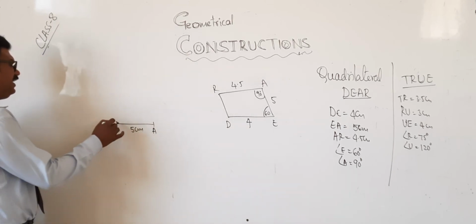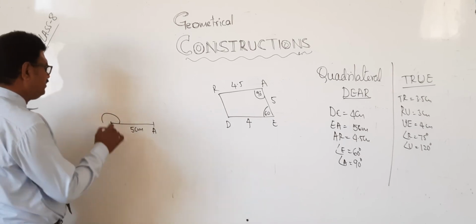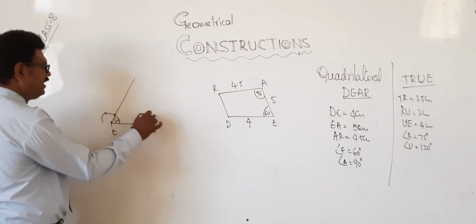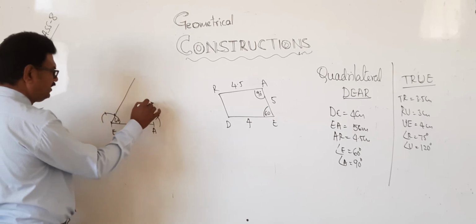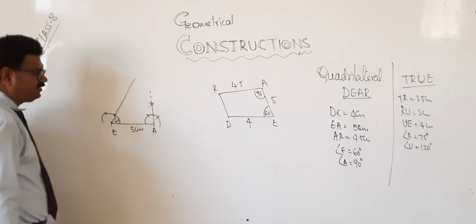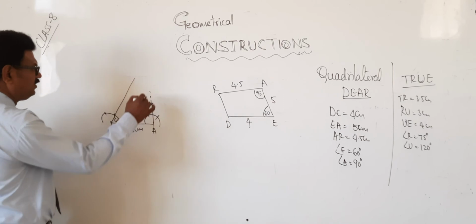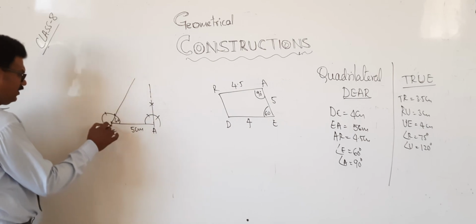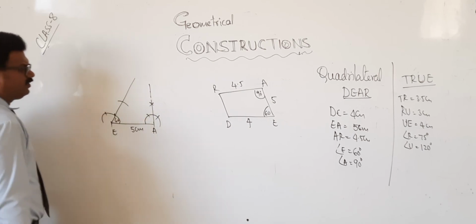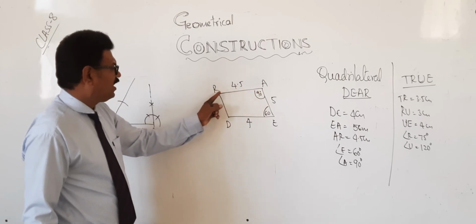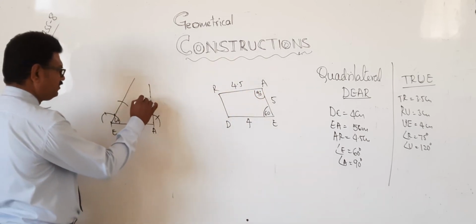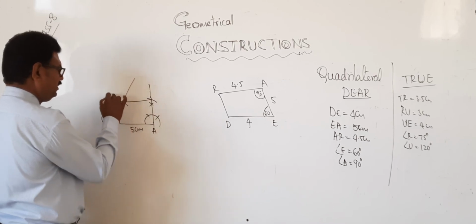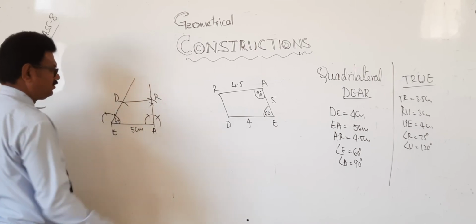Angle A, angle E. Angle E how much is there? 60 degrees. Cut into 3 parts. The first part is nothing but 60 degrees. Now here 90 degrees. Cut like this. This is 90 degrees. Okay. Now E to D. How much is there? 4 centimeter. From here you cut 4 centimeter. Again. A to R, how much is there? 4.5. 4.5 means like this. Over. So E, this is D, and this is R.